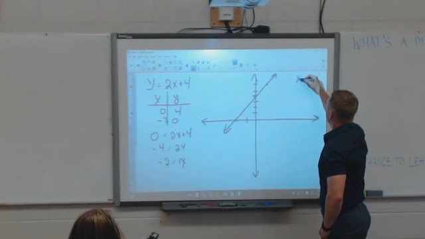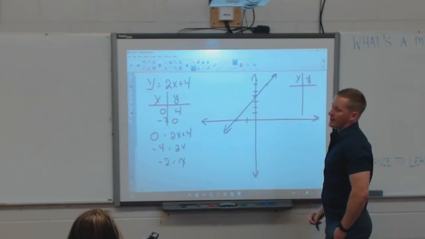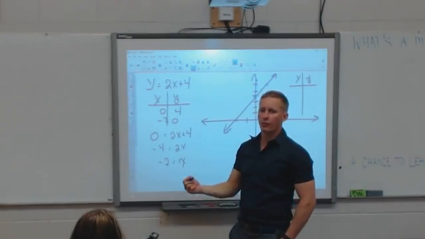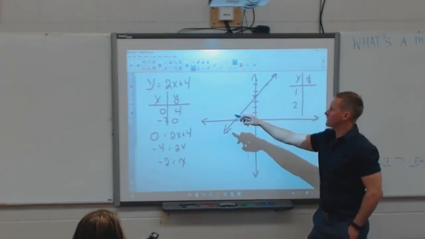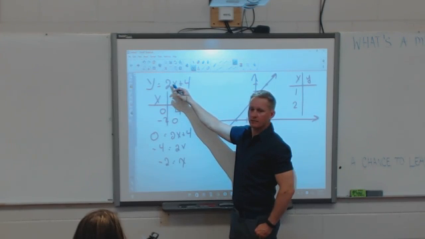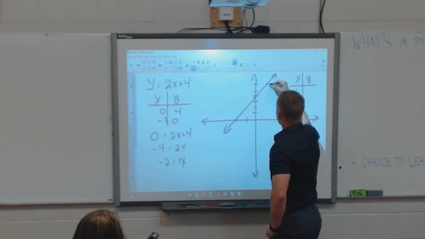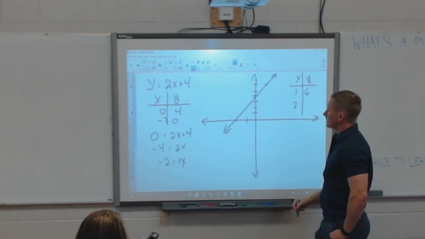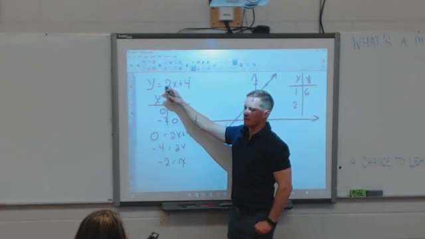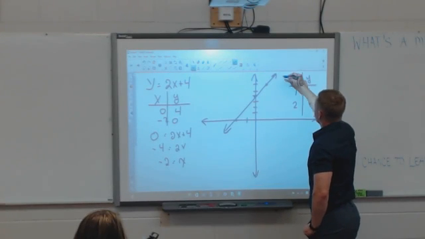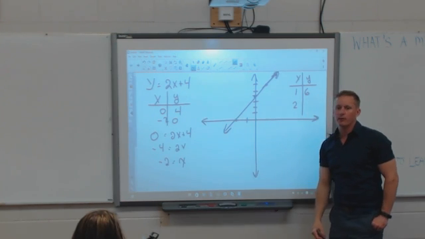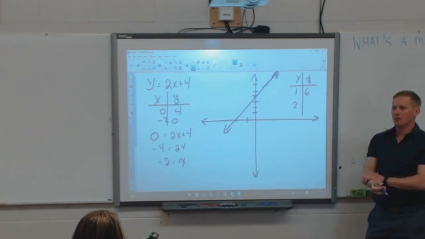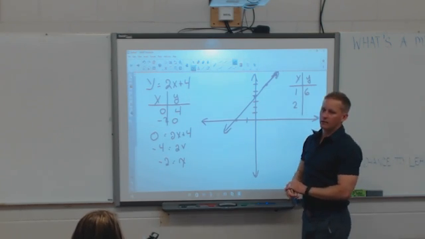And the final way is just to pick any 2 values of x that you want to solve for y. So let's do 1 and 2. So put 1 in for x. 2 times 1 is 2, add 4 is 6. There's that coordinate right there, 1 and 6. Put 2 in for x. 2 times 2 is 4, add 4 is 8. So that coordinate would be right here. And again, I draw my line. So there's the 3 ways you're going to be using. And whichever one you like best is the way you're going to graph the lines that are given to you,